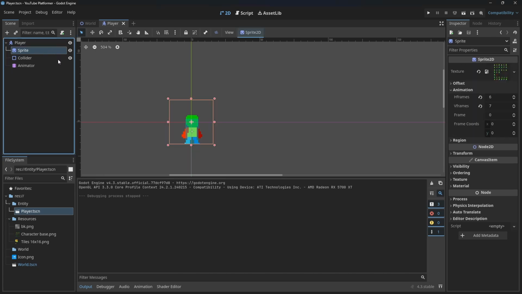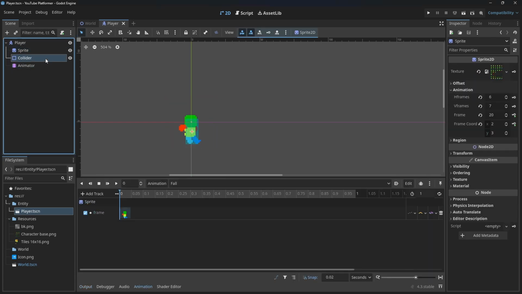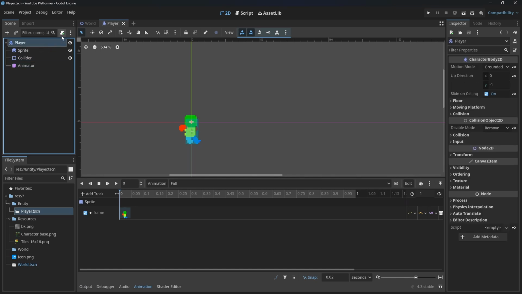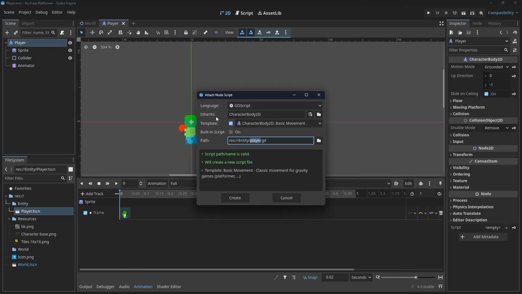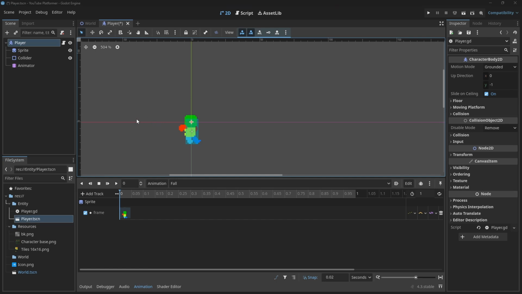And we can attach a script to any node, but this script we want to attach to our player. So we're going to call it player.gd because we will be using the Godot script language. We hit create,